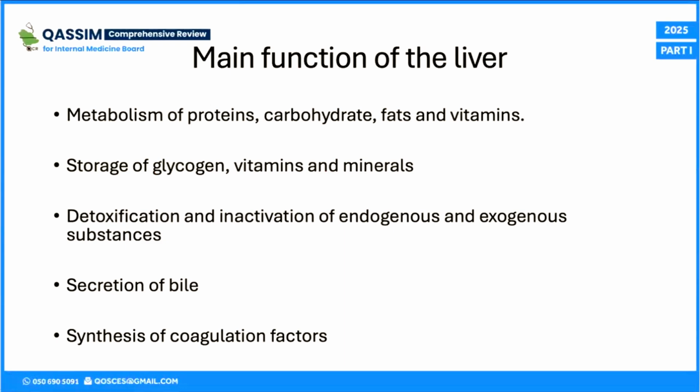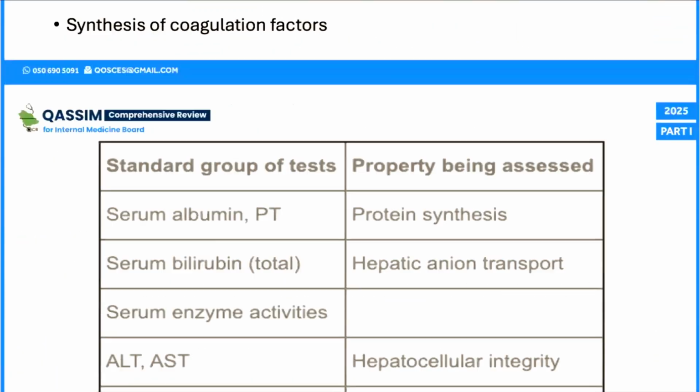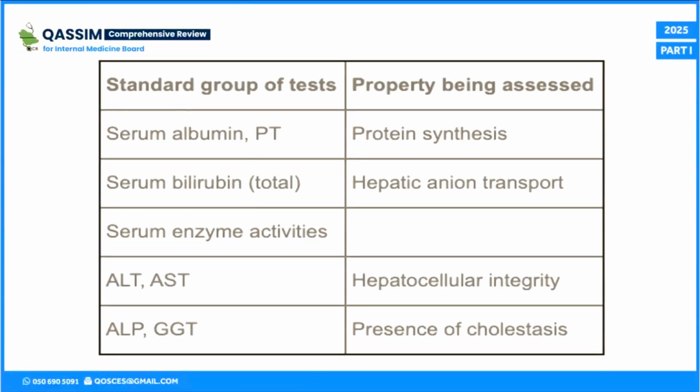So the main functions of the liver include the metabolism of proteins, carbohydrates, fats, and vitamins, storage of glycogen, vitamins and minerals, detoxification and inactivation of endogenous substances like bilirubin and exogenous substances, secretion of bile, and the synthesis of coagulation factors. So this table summarizes the main things that we see during liver testing, including serum albumin and